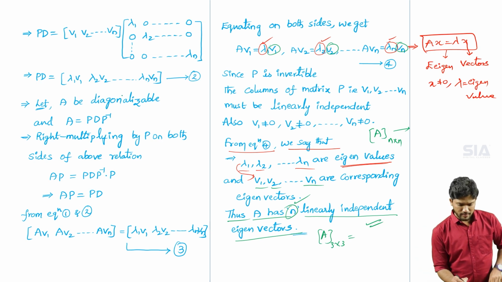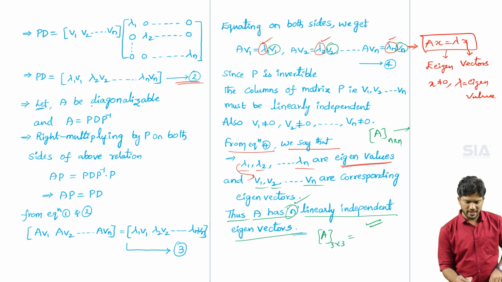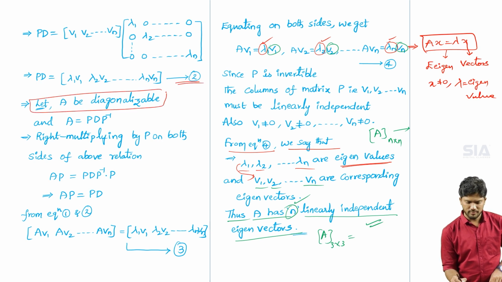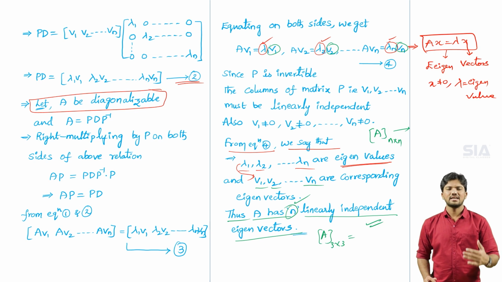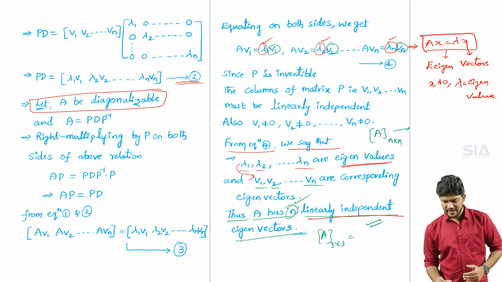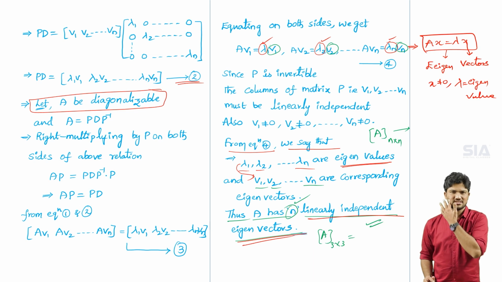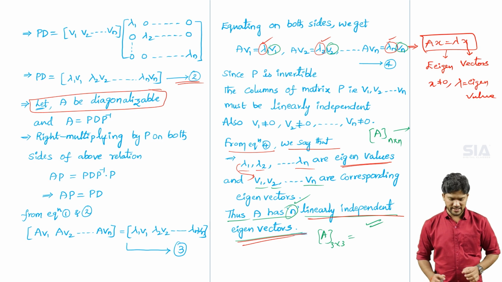Here, below equation number 2, we considered that capital A is diagonalizable. So we have let capital A is diagonalizable. We got that capital A has n linearly independent vectors. So the condition property is proved. So this is half of the proof of this theorem. Next,